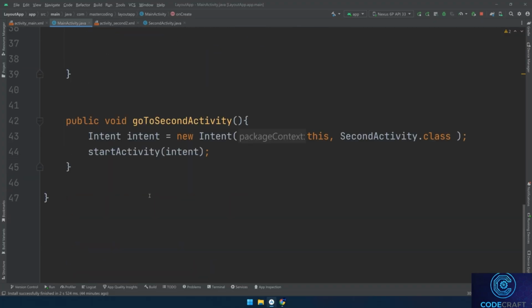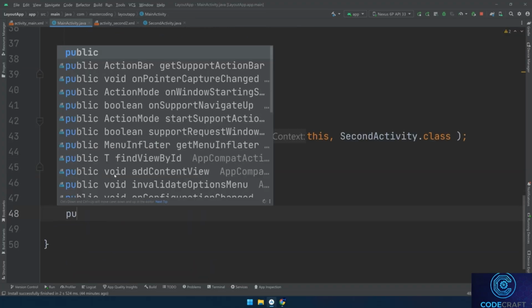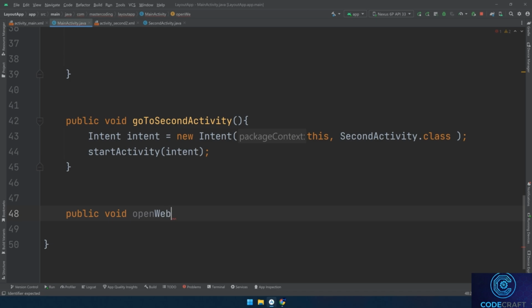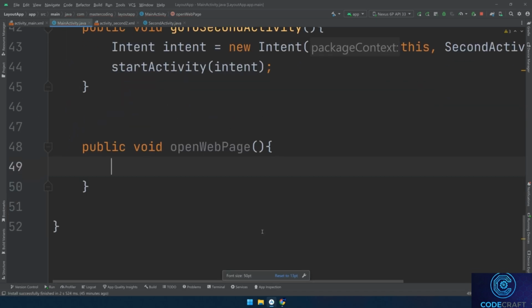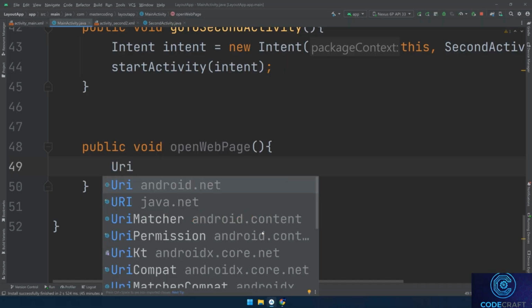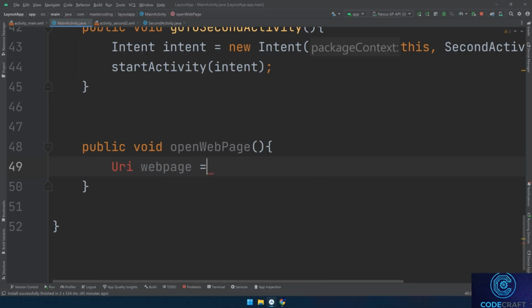So for that, I'll create a new function here. Name it as Open Web Page. And in this function, I'll start writing the code that allows us to go to the Google website. Web page equal to